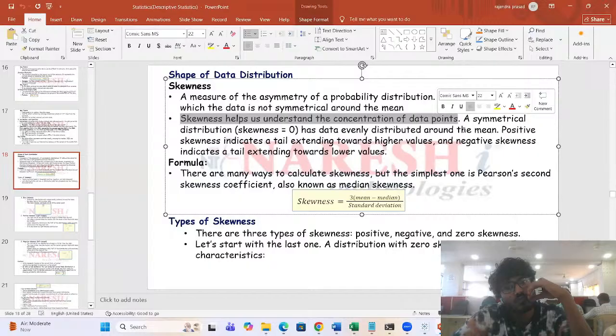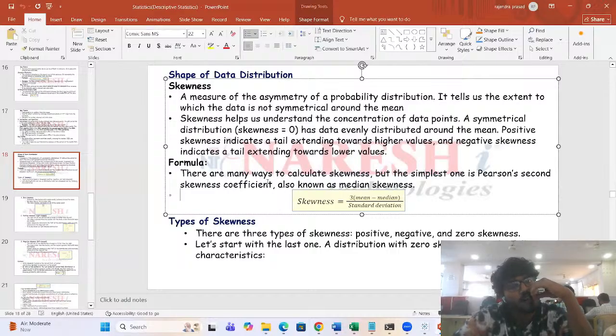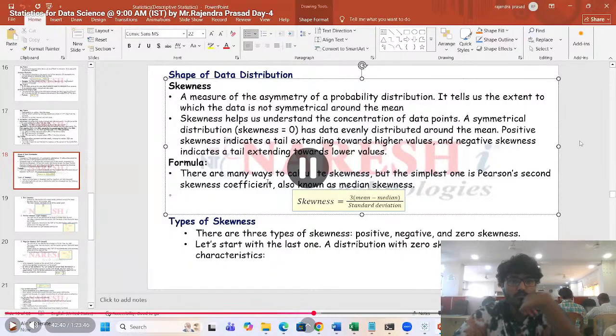Irrespective of this, we have one particular measure. By using that metric, we'll identify whether the data is normal, positively skewed, or negatively skewed. We'll see what this is. The theoretical formula to calculate the skewness is Pearson's second skewness coefficient. Not only this, you have so many metrics, but